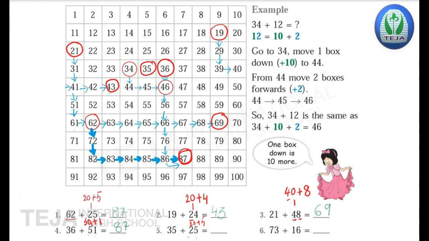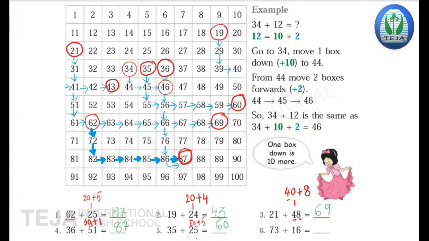35 plus 10, 45, plus 10, 55. Now here in the ones place 5 is there, so move 5 digits, children. 1, 2, 3, 4, 5. So where is the answer stopping? At 60. So circle 60 here. 35 plus 25 is how much? It's 60. Write 60 in the blank. Isn't it very easy, children? Without drawing the lines, we can do addition with the help of the 1 to 100 numbers.